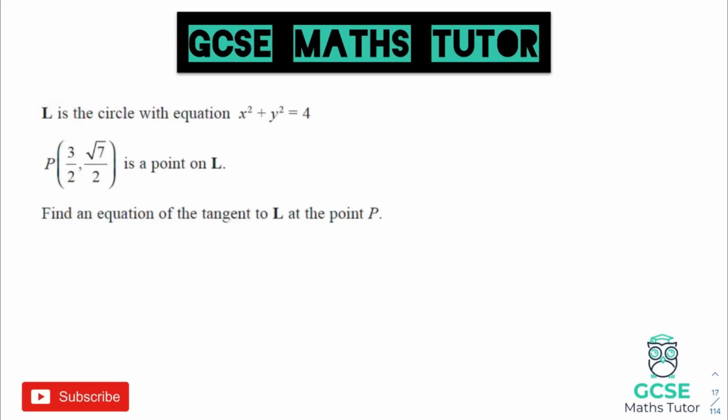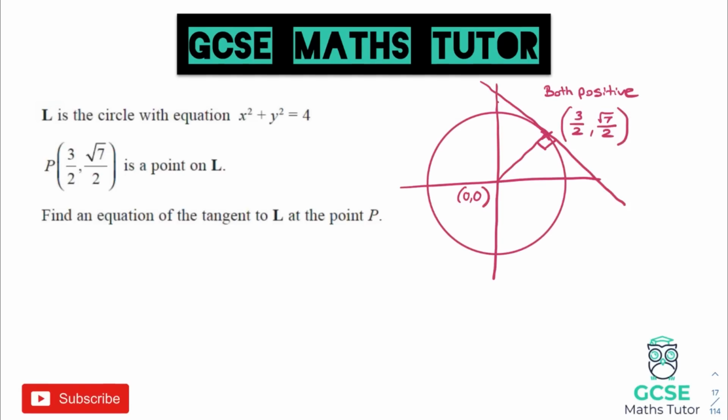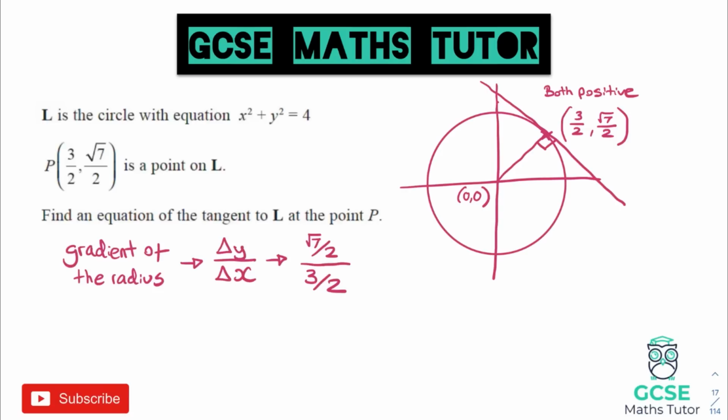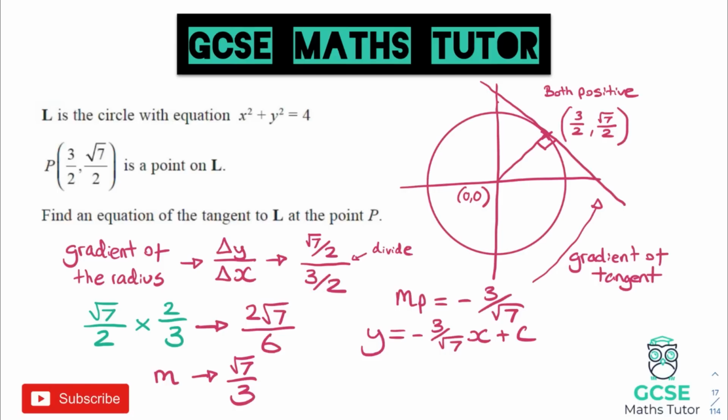If you have a tangent to a circle, particularly like this one where you have some nasty surds in there, it's always best to draw a diagram. So imagine where it looks like these are both positive, so it's in the positive quadrant. We can then sketch in a tangent and a radius. To find the equation of the tangent, you have to find the gradient of the radius, so rise over run, which is quite nice from 0, 0, and then you can again do your negative reciprocal of that once you've simplified it down, and again putting it into y equals mx plus c